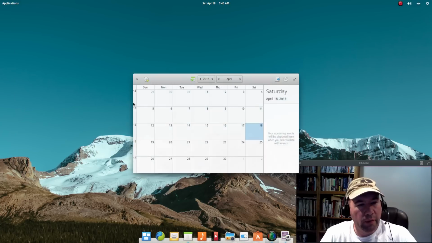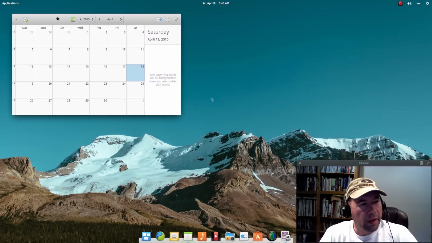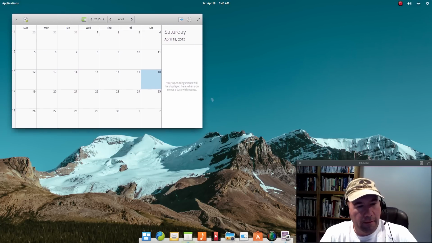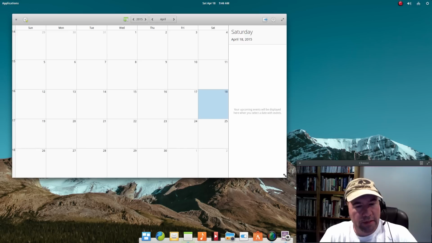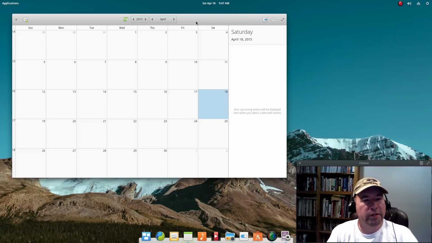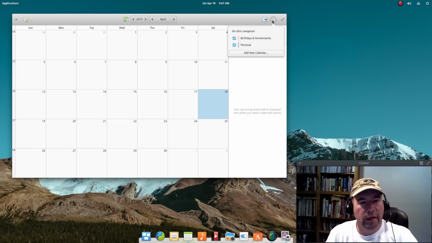Calendar is one that I want to take a look at here. I've been using it as this has been in development. Very nice calendar application on the outside, sleek, very nice looking. And they had calendar in the past, but I mean, this was all you got. There was no integration. We now have the integration. I believe, yeah, you click on the little gear icon, click on new calendar,